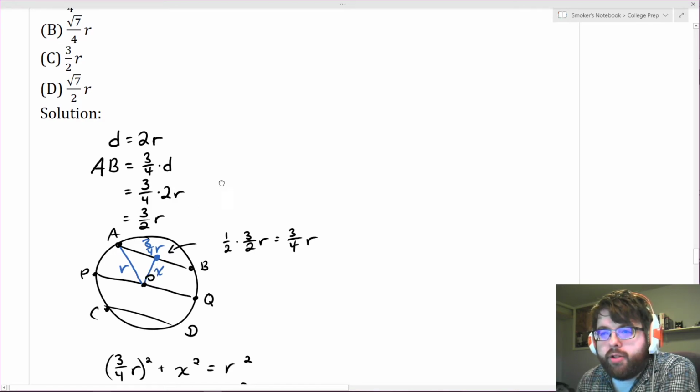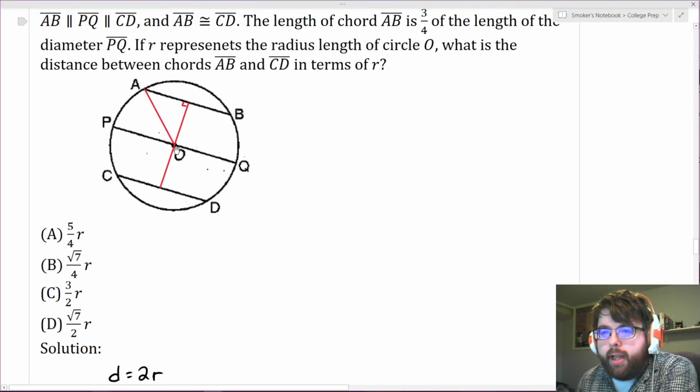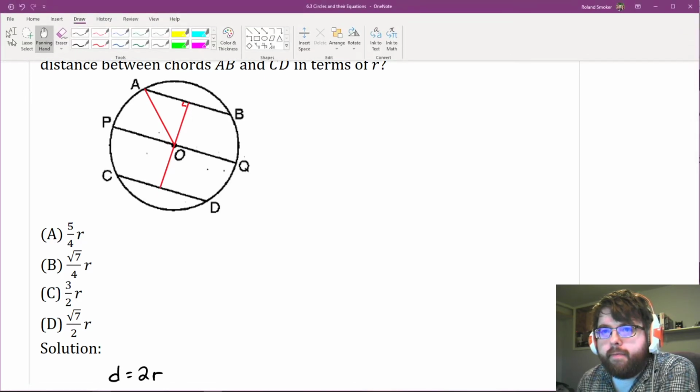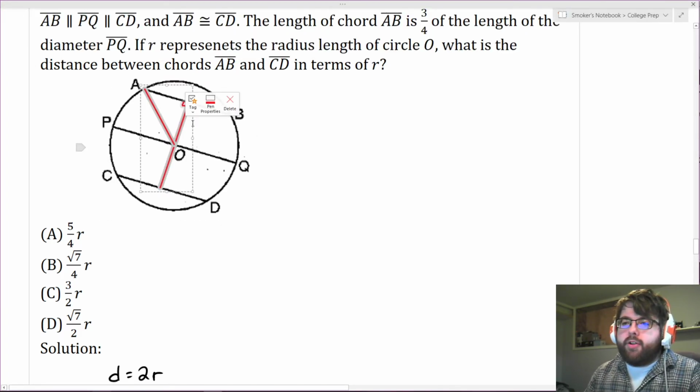Because once we find this measure, let me just go back. Once we know what this is, we can just double that to get this. And then we have our answer. Okay, so once we know what this measure is right here,